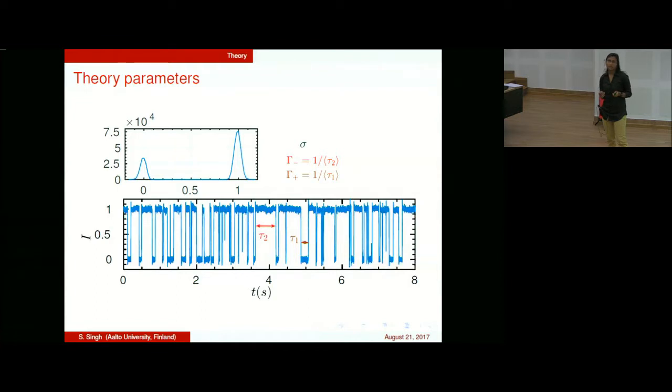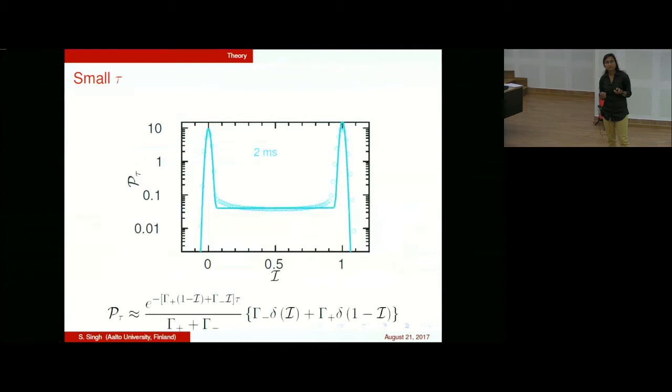Similarly we do it for this gamma 1, gamma plus, which is going from 0 to 1. We take this tau 1, we make a list of tau 1 and then average it and then take the inverse of it. So all the 3 parameters can be extracted from the experimental data itself. And now when we put it into the equation,